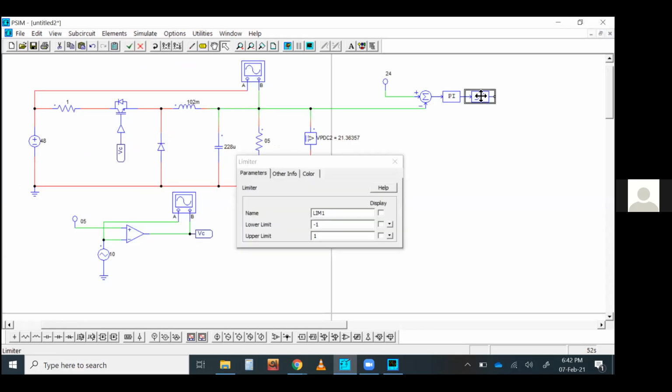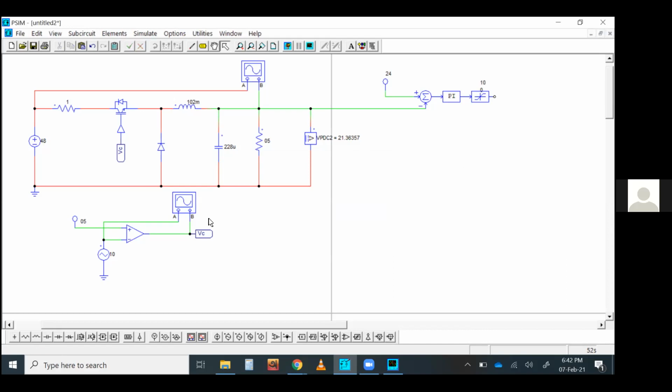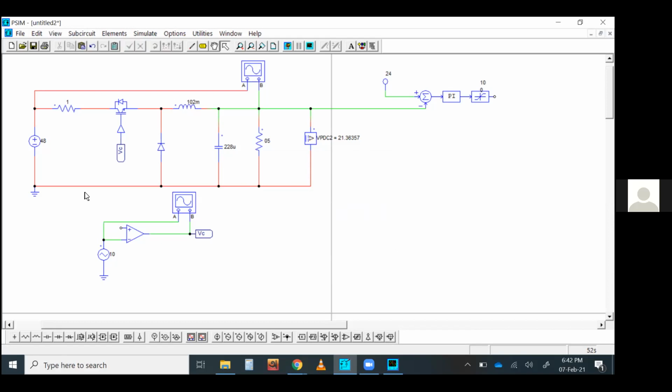And this is the limiter block. So the range is 10 volt, so your limiter should also get a range of 0 to 10. So the control variable should stay within this range only. That's what it is saying. Now we can check.